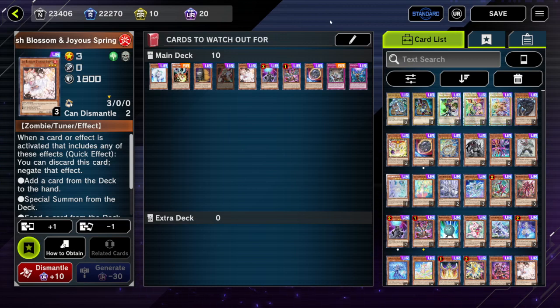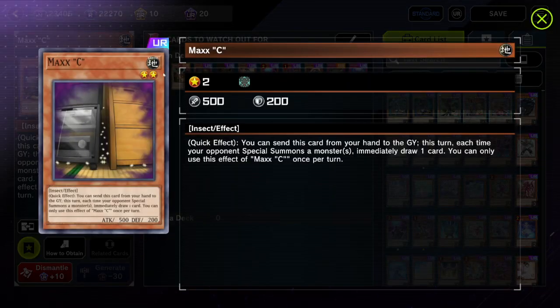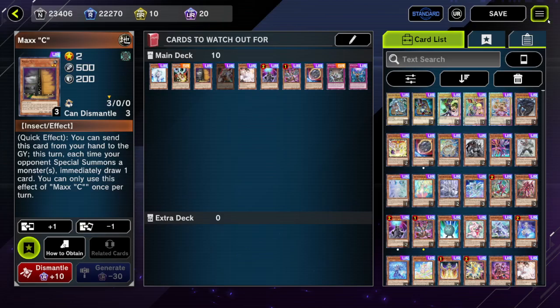Anyway, I'm going to start with Maxx C. Simple explanation: activate this, and whenever your opponent special summons, which is quite a lot usually, you draw a card. Simple card, but it's very, very strong. A bit too strong in my opinion. And usually, when you get into more competitive decks, at least a quarter of your deck is trying to play around this specific card, which is crazy to me. But anyway,